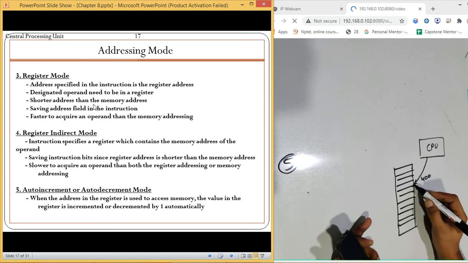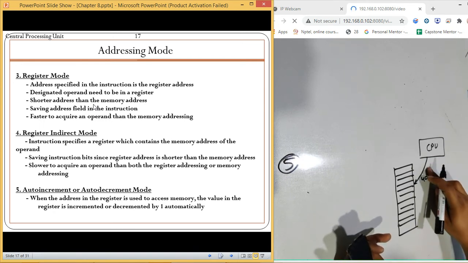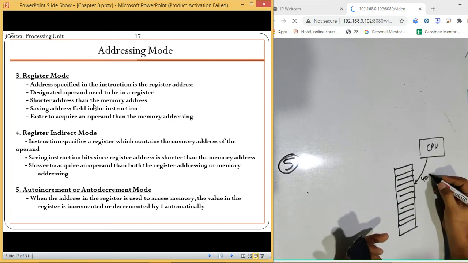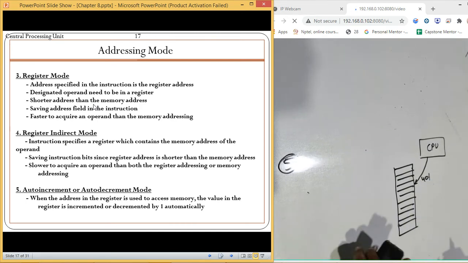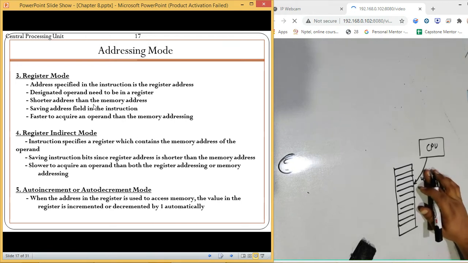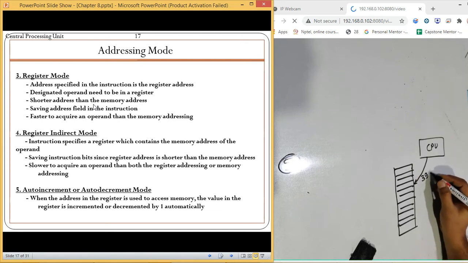One time it will be 400, then it will be automatically incremented to 401. The address of that instruction will automatically be incremented by 1. If it is auto decrement, the next time when we try to access it, it will automatically become 399.